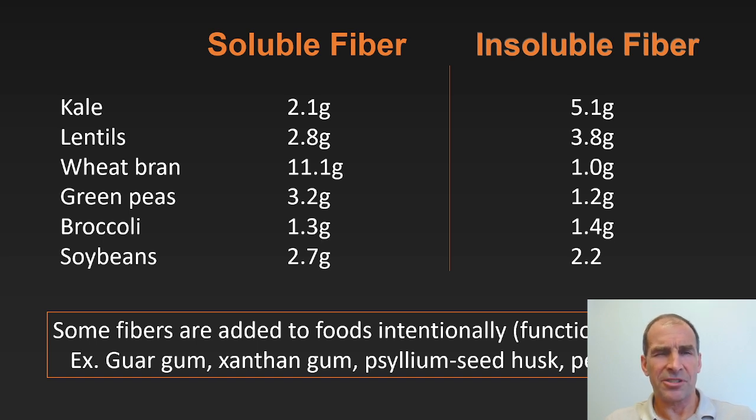Now, we wouldn't really consider these nutritious per se, and in fact, a lot of these, to be honest, are actually natural. Guar gum actually comes from a guar plant. So these aren't necessarily artificial as you may think of those, but it is sort of another group of fibers that potentially is important in foods that we consume. Okay, so that's fibers. In the next video we'll look at another aspect of carbohydrates.